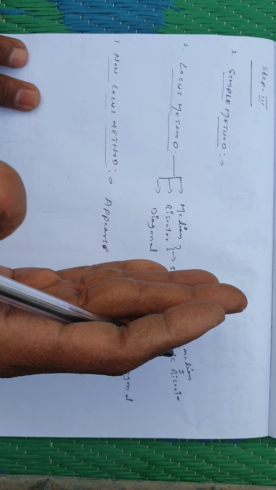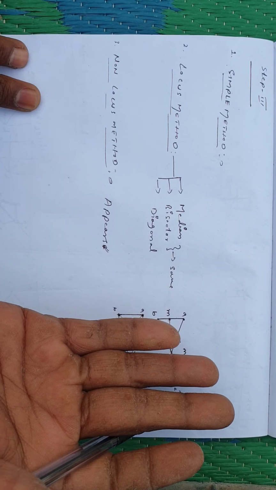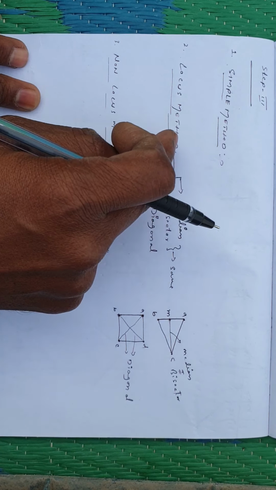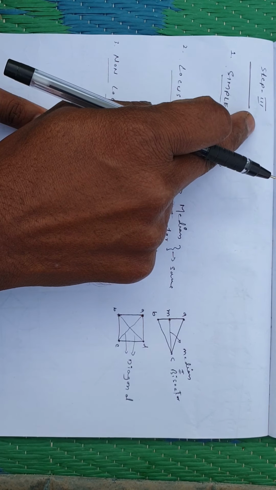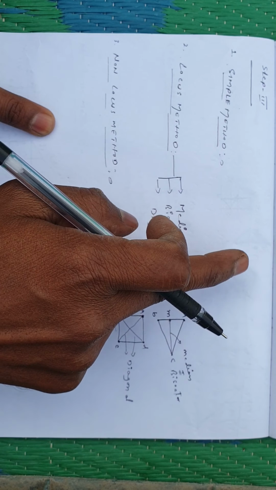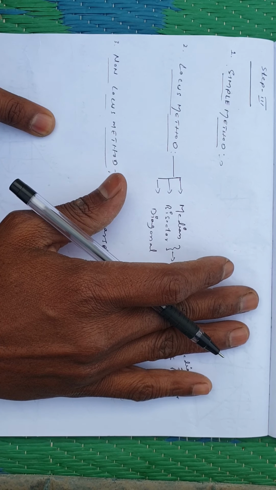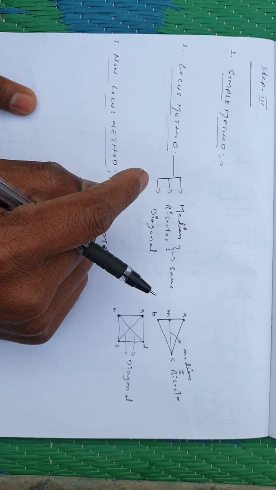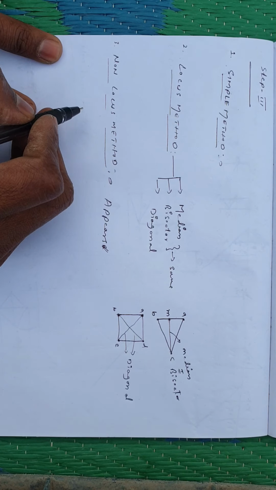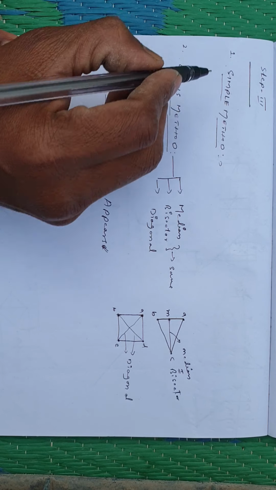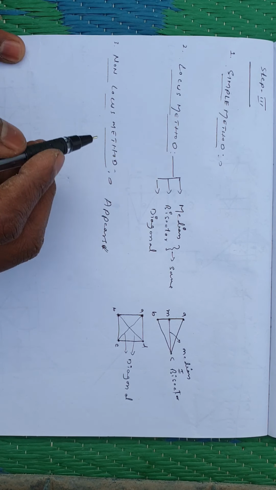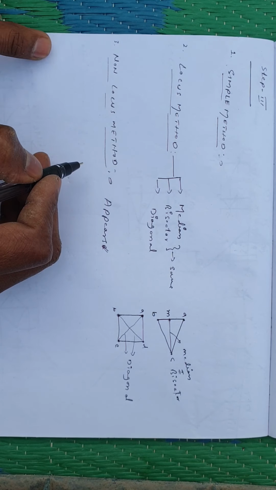Step 1 and step 2 will remain the same for all the 50 problems, and only the third step can be solved by three different methods. Please remember, step 1 and step 2 will remain the same for all problems. Only the third step, or the final step, can be solved using three methods. Those three methods are: number 1, simple method; number 2, locus method; number 3, non locus method. There are three standard methods.